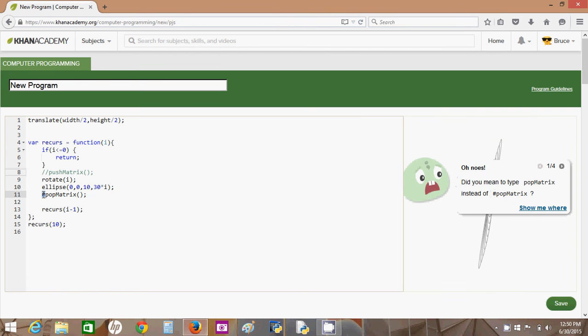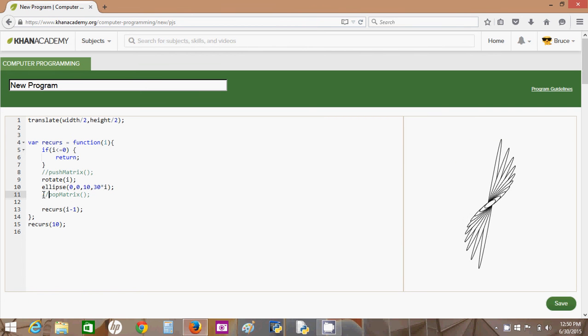That's the delineator for comments in Python. So if I don't use the pop matrix, then I'm not pulling any of those saved matrices off. So that's the same as if we just hadn't worried about matrix transformations, and I just get all of those compounded